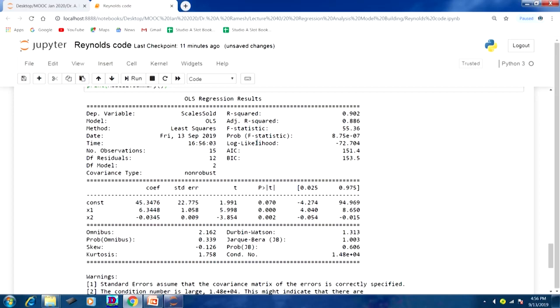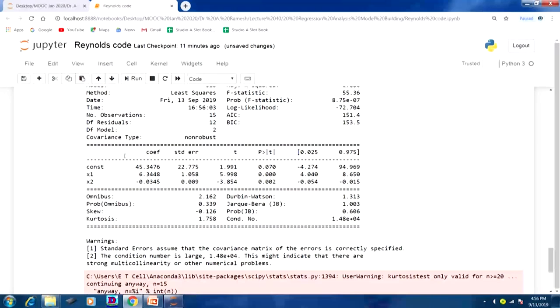Look at the p value of F statistics. When you look at the p value, this is very low, less than 0.05, that means that the overall model is significant. Now look at the two independent variables, one is x1, another one is the square x2. Here the x2 is nothing but the square of the first independent variable. When you look at the p value, for the first variable it is 0.00, for the second variable, that is the square term, it is 0.002. So both p values are less than 0.05, we can conclude that both the independent variables are significant.